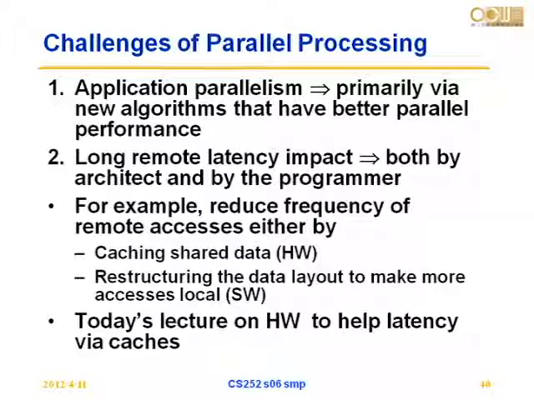application parallelism is primarily via new algorithms that have better parallel performance. You know sorting algorithms: binary sort, sequential sort, bubble sort, many kinds of sorting algorithms. Some can be parallelized, some cannot. So whenever you are given many processors, the first thing you need to do is to choose the right algorithm. The algorithm is at a level even higher than programming, high-level language programming. You need to determine on that first